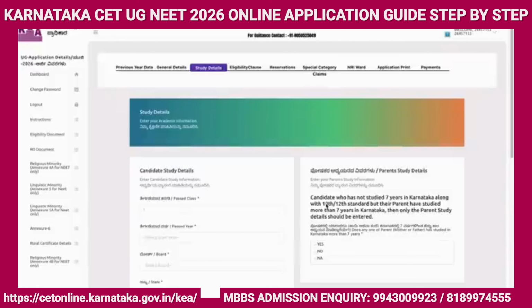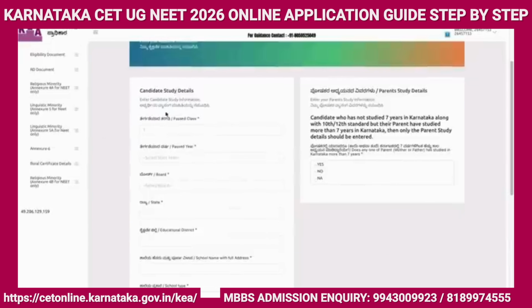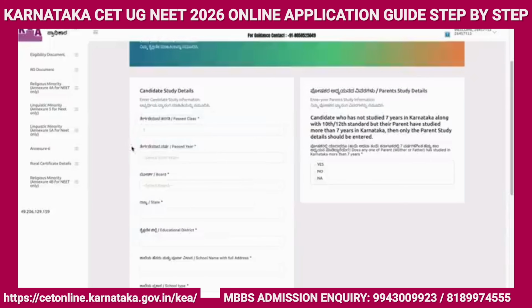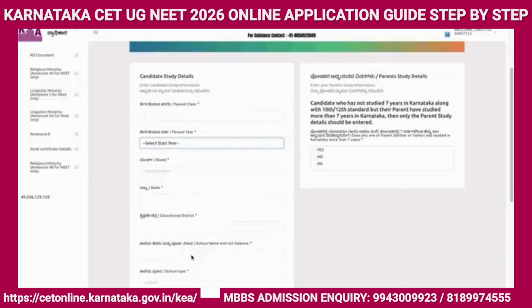Once you fill up the general details, you will be redirected to the study details. As you see here, from 1st to 12th standard, you need to fill up individually. For 1st standard, you need to click on first, passing year, board, which state, district, school name with full address.